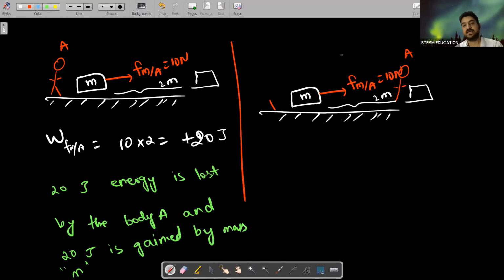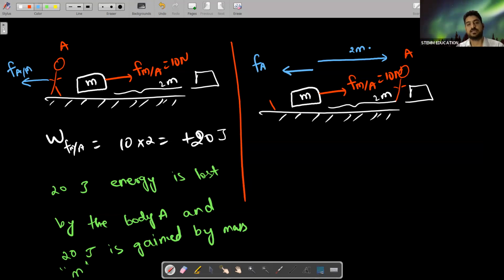So the man has moved in this direction, and then there's a force also acting on this man. The force acting on this man is along this direction. The force by the block on the man would be backwards. This would be the force applied on the man A due to block M. So the force would be opposite to the displacement of 2 meters, and this would be the force on man